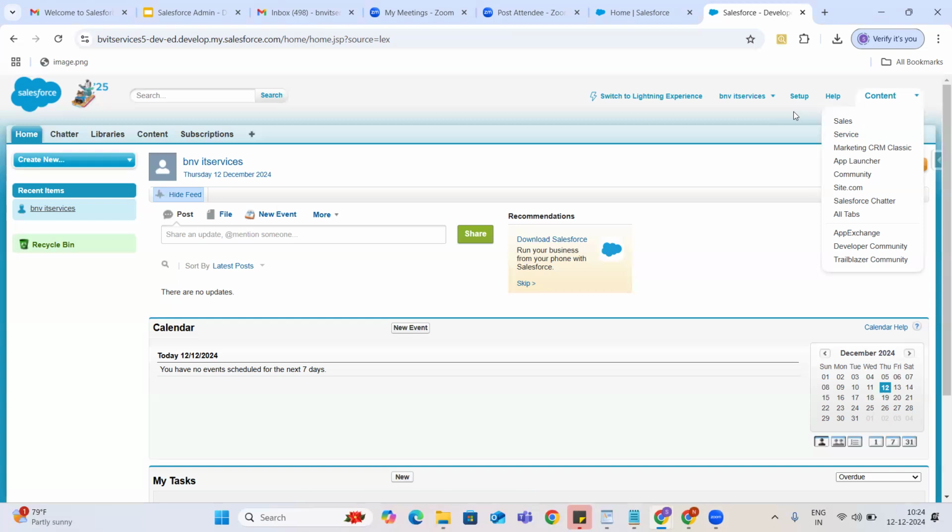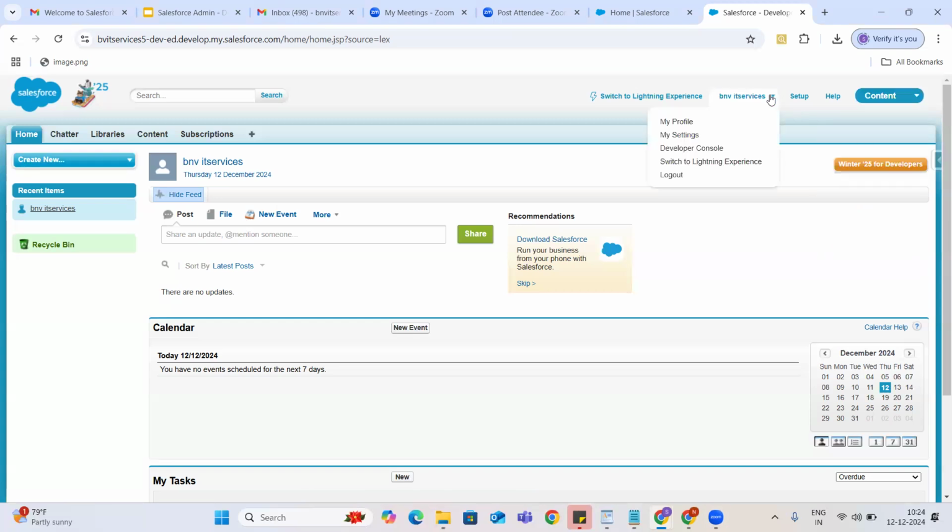And then the user management icon we discussed, right? That just looks like your name, and under that you will see all this information. Instead of these names and this way of representation, they have used a very rich UI with images and all. That's the difference between Classic and Lightning.